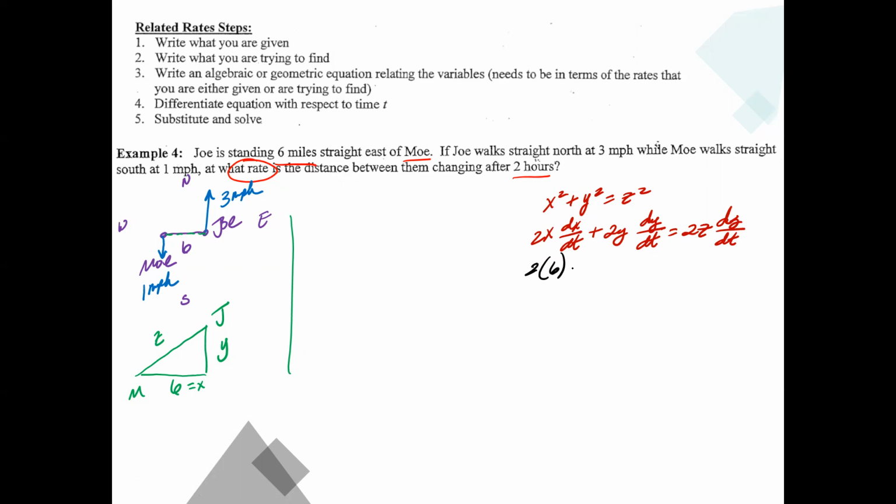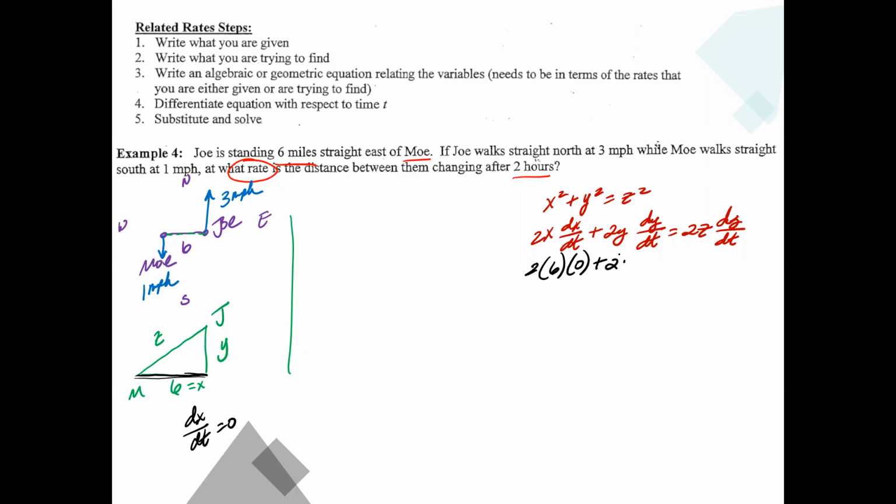And I know that my change of x is not going to be moving anywhere. So I know that my dx over dt is going to be 0. So multiply that by 0 plus 2. And I don't know what y is,